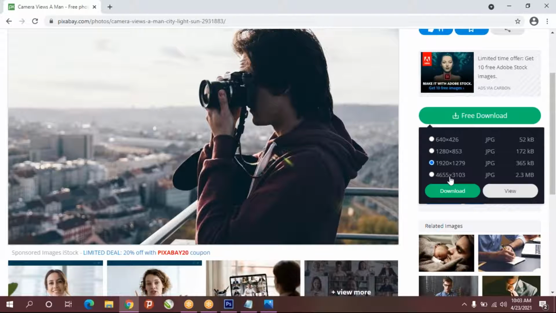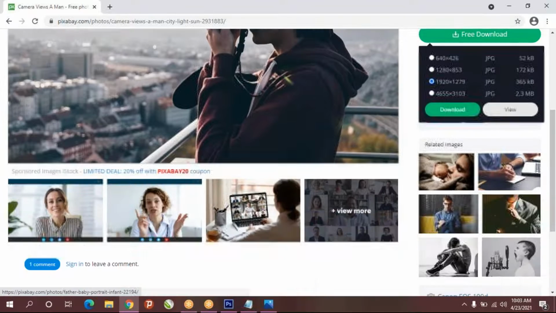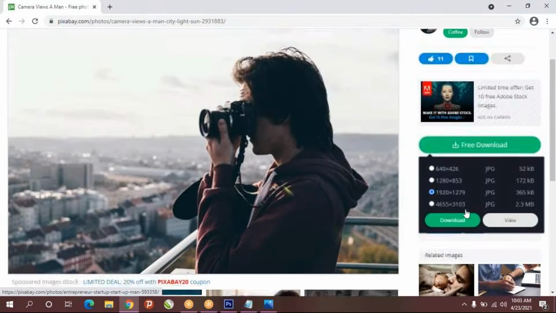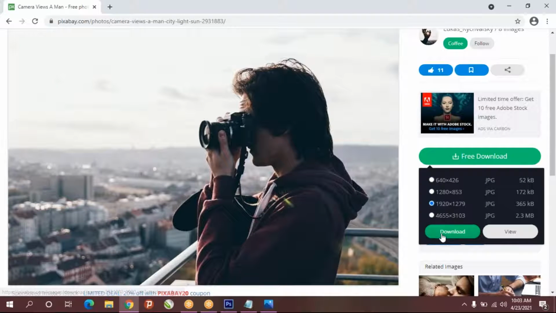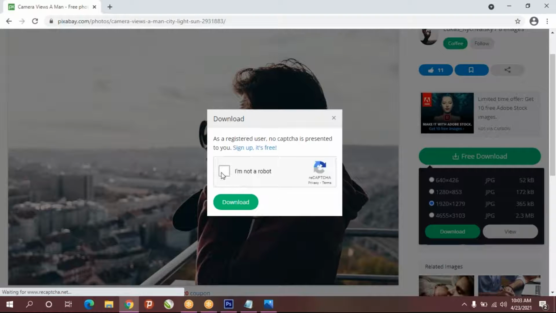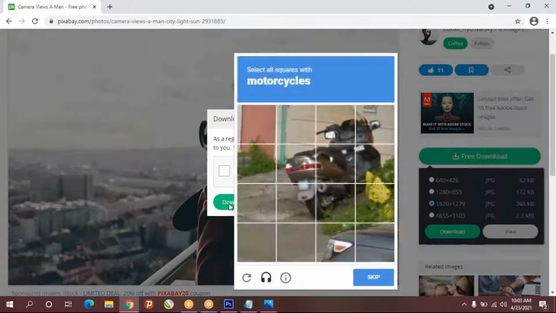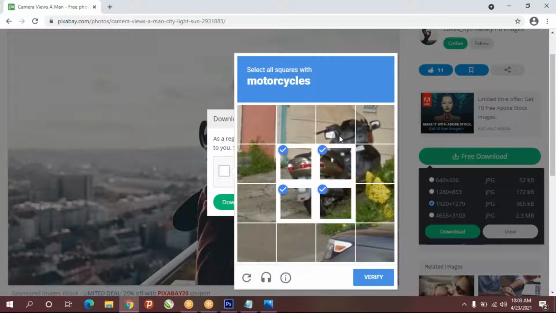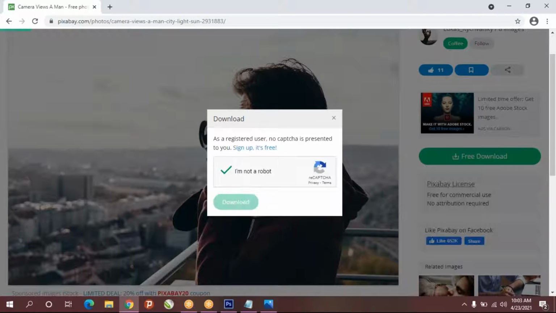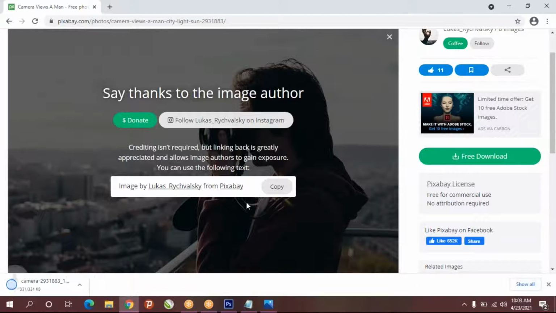If you want original quality you have to sign in, but there is no need of paying money, just sign in and you can download. So I'll just download this quality only. Click download. That's it, automatically it will download.